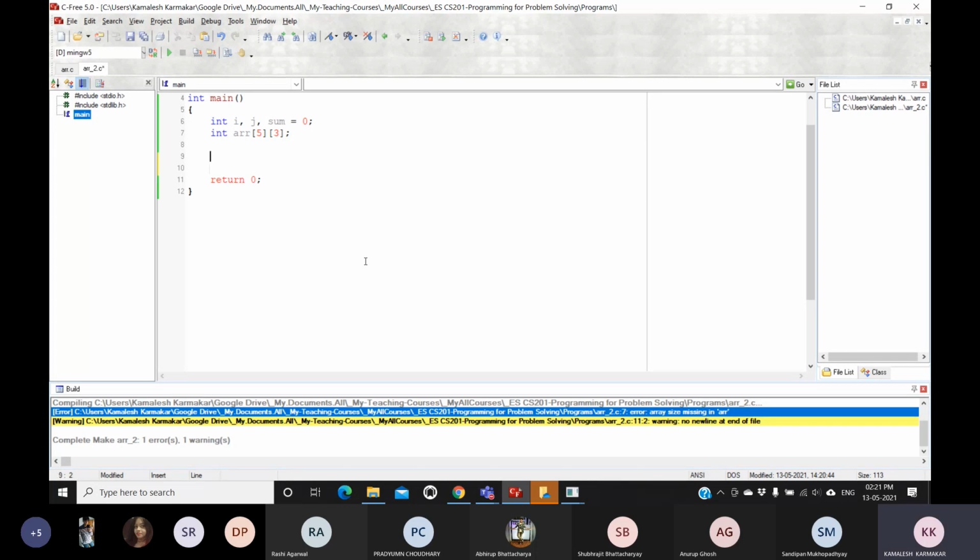I want to pass this value. I want to calculate the sum in another function. So I'm going to write a function calculateSum. I want to calculate the sum, and I am passing this array arr. The sum will be calculated and the value will be returned, so I want to store that value in sum.